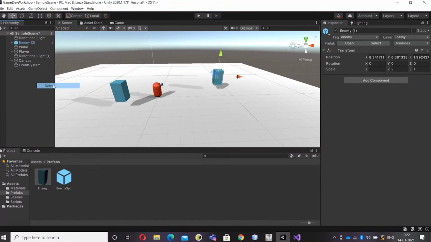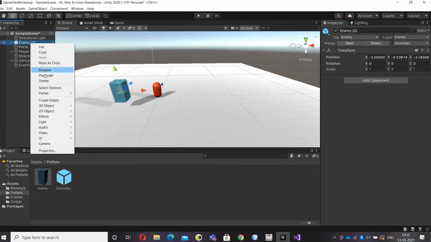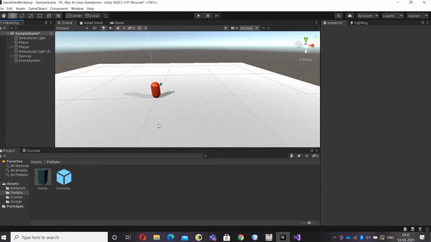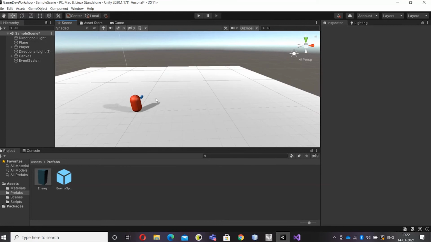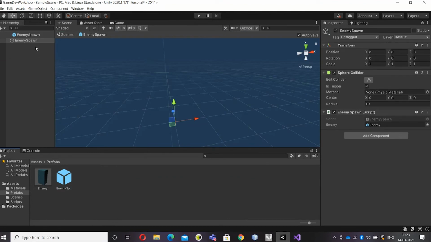Okay, that was one way of putting enemies. But a more fun way of putting enemies would be spawning them into your scene, and that's what I'll be showing you. So I'll first tell you the logic behind the spawning, and then I'll show you the script. The basic logic is I have made this enemy spawn